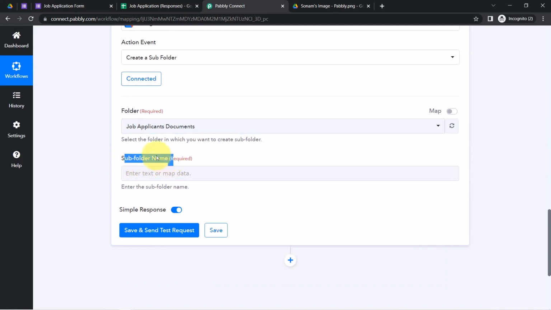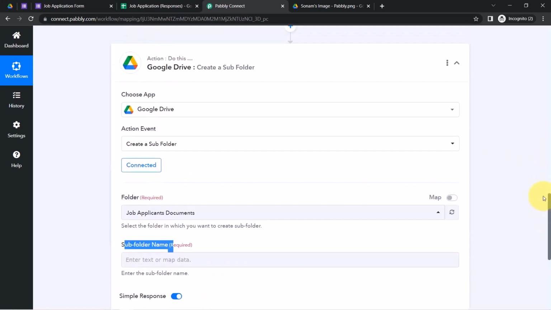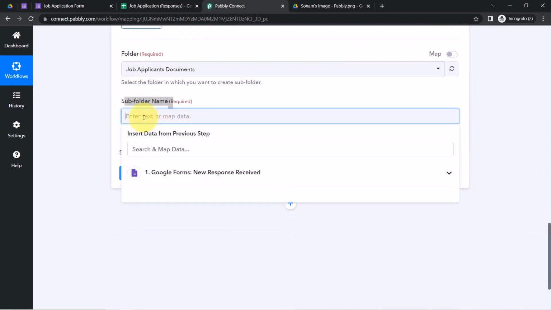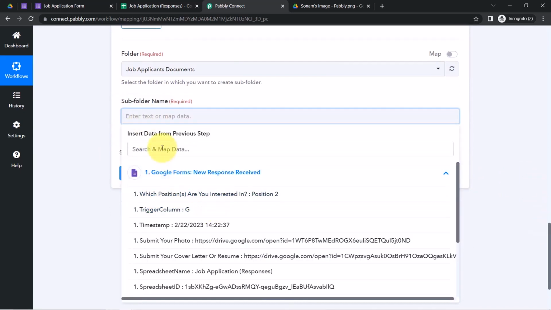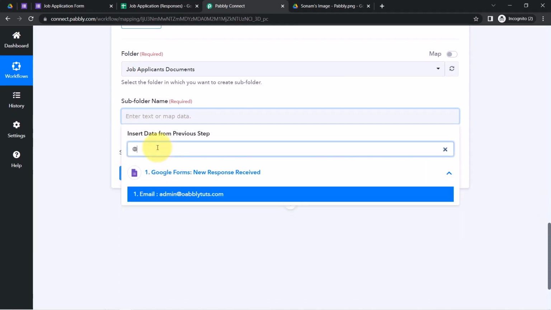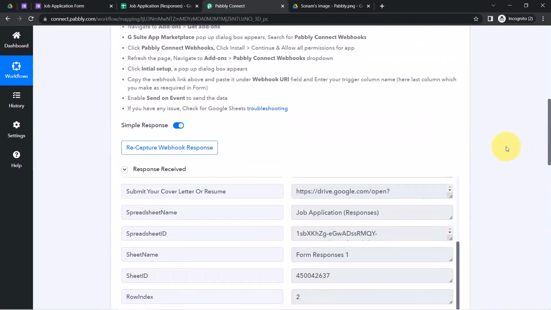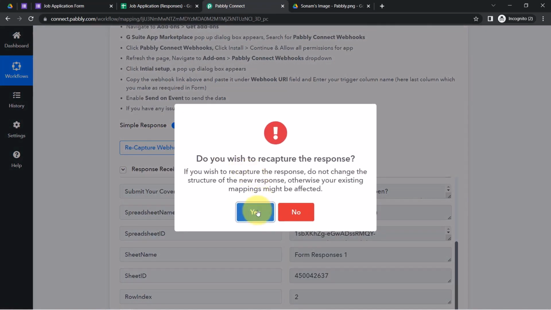What exactly we are going to do is, as soon as a new submission arrives here, firstly a subfolder will be created automatically inside this job applicants folder. I am going to name the folder with the name of the person only, or how about I provide the name with the email address. I have not provided the correct email address here. You can see it should be oablytuts.com. So what I can do is simply click on this recapture webhook response button, clicking on yes,